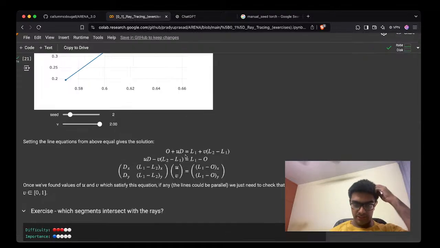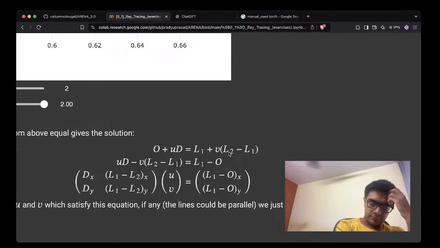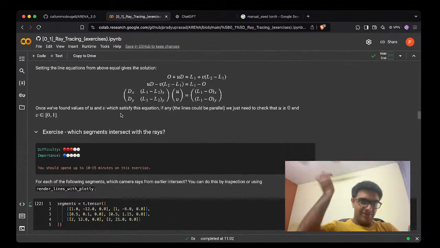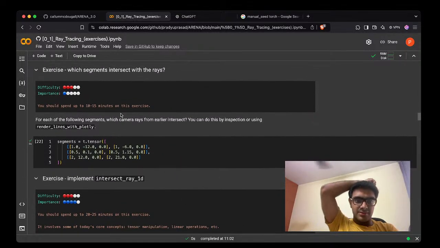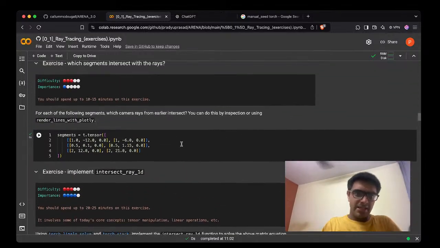Okay, O plus UD equals this. UD minus V. You put all the vectors on one side. Okay, I see that. I see that too. It'll be dxu plus lxv plus dyu. This is correct. Looks right to me. Okay, that's fine. So you have to just find the inverse of this, right? And then check. So what you gotta do is you gotta say that, hey,